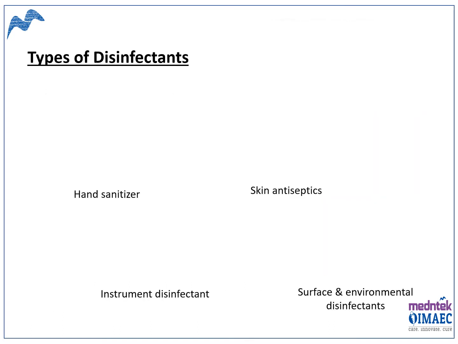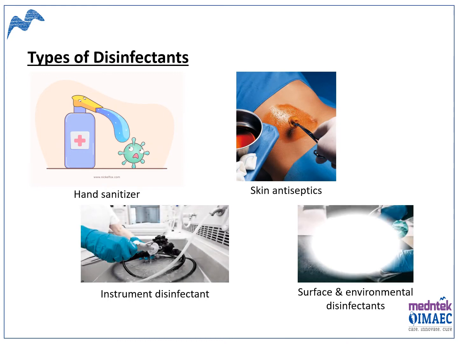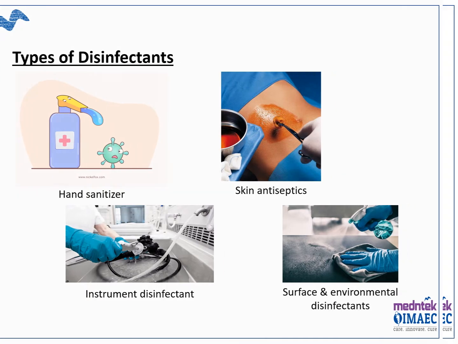There are several types of disinfectant, mostly by application: hand rubbing, hand sanitizer, skin antiseptic, instrument disinfectant, and surface and environmental disinfectant. Basically, these are the four main categories considered in disinfectants. Applications are several, but this categorization of hand sanitizer, skin antiseptic, instrument disinfectant, and surface and environmental disinfectant plays